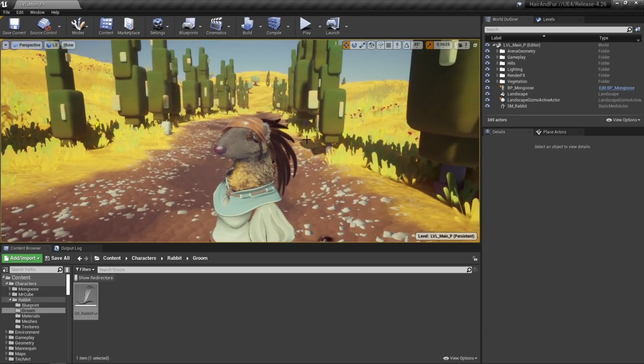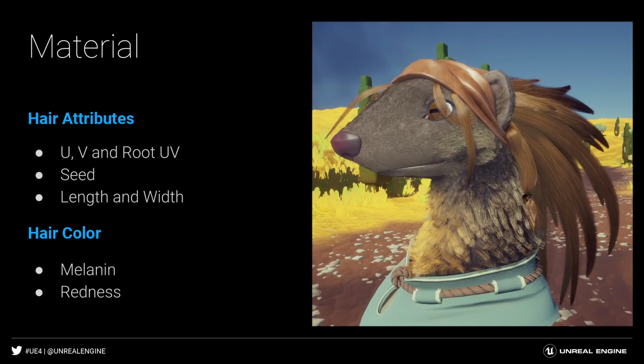That will be all for the general settings, and now we can step in the material section. To create a nice material is going to be as easy as the importing process that we just saw. And the system is going to provide us with a lot of different inputs. We will be able to have UVs per strand, but also root UV, so depending on the location on the mesh. We are going to be able to read from a seed value that will randomize our hair appearance, for example, and we will be able to read from the length and width of each strand. Also, we will have a hair color node that will generate a realistic color depending on the melanin amount, a substance that we have in our hair, so we can work with values from the real world.